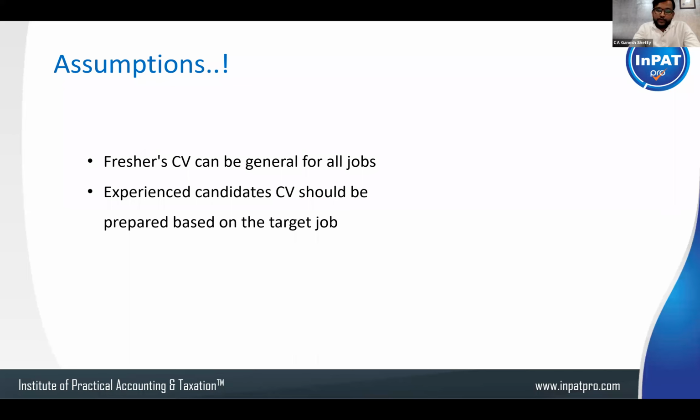In that case, you should focus more on the job where you want to settle down in future, for example, accounts manager or senior accountant. A senior accountant job includes every in and out of accounting. So you should focus on that particular experience more and highlight more roles and responsibilities with respect to that designation. Clear? If any doubt, you can ask me right now.